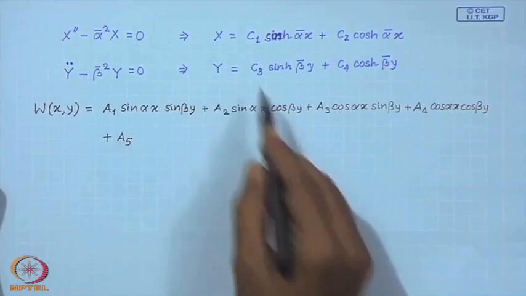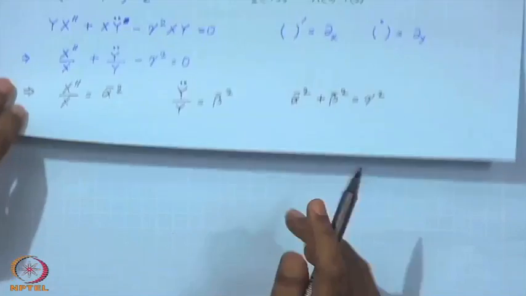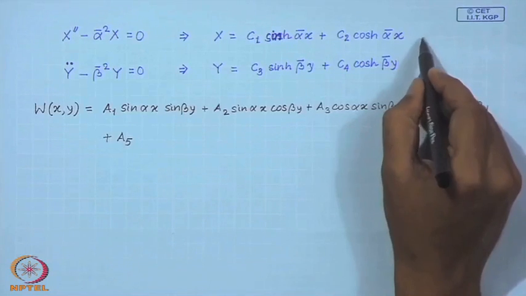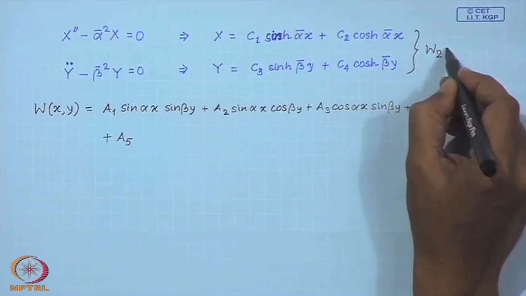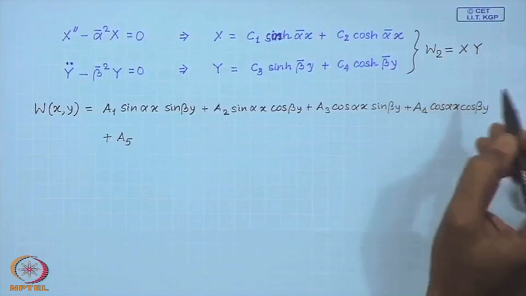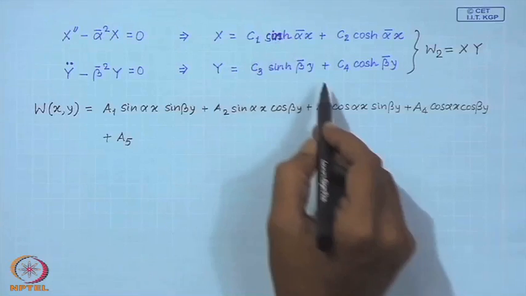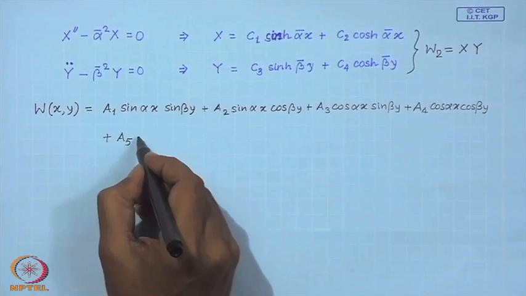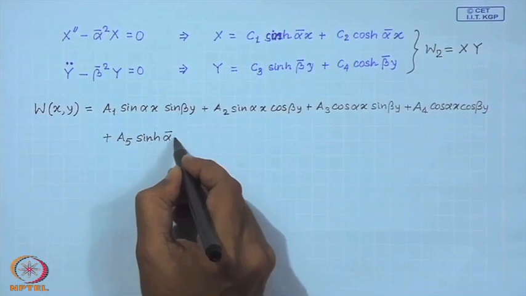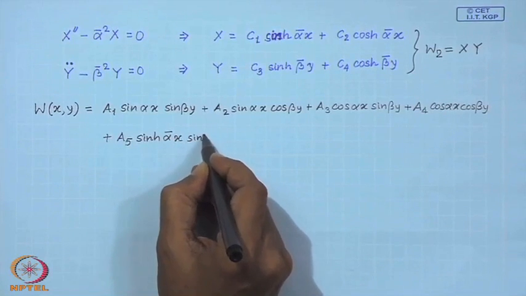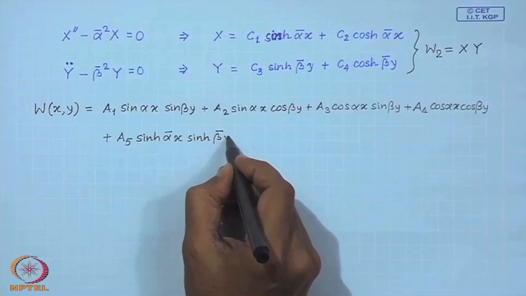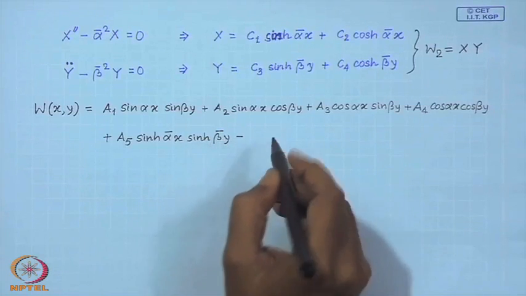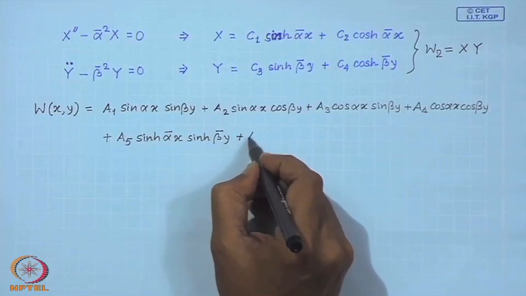Now, you see, so the actual solution of this W 2, so W 2 is X multiplied by Y. Now this product I can write, therefore, product of say C 1 C 3 if I write as A 5, then this is A 5 sin hyperbolic alpha bar x into sin hyperbolic beta bar y. So, then I can